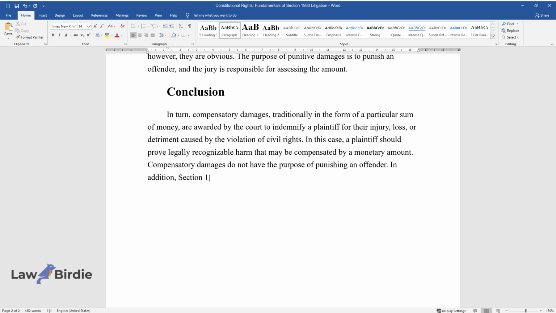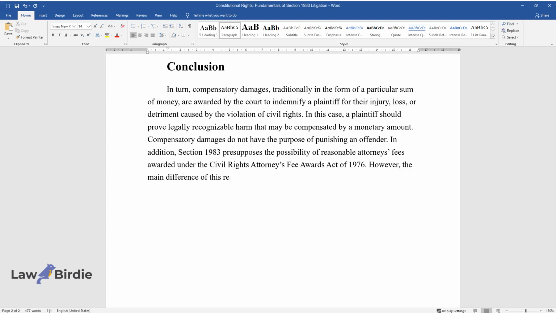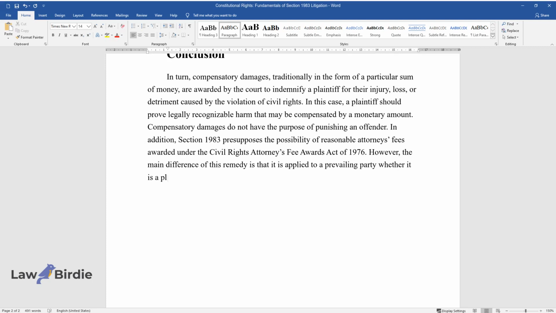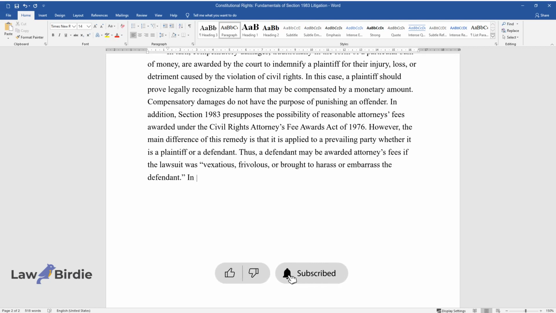In addition, Section 1983 presupposes the possibility of reasonable attorney's fees awarded under the Civil Rights Attorneys' Fee Awards Act of 1976. However, the main difference of this remedy is that it is applied to a prevailing party whether it is a plaintiff or a defendant. Thus, a defendant may be awarded attorney's fees if the lawsuit was vexatious, frivolous, or brought to harass or embarrass the defendant. In turn, a plaintiff may receive attorney's fees along with compensatory damages,